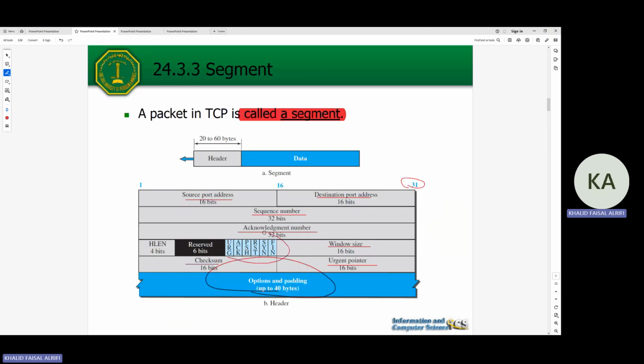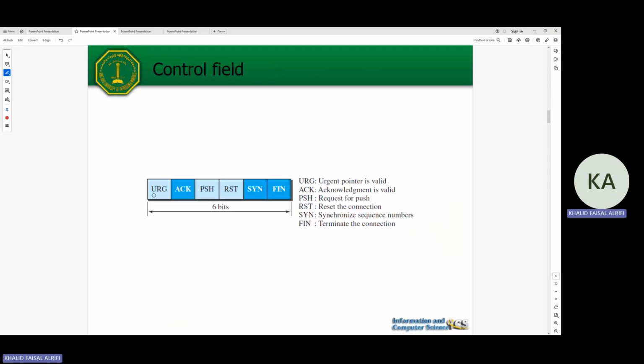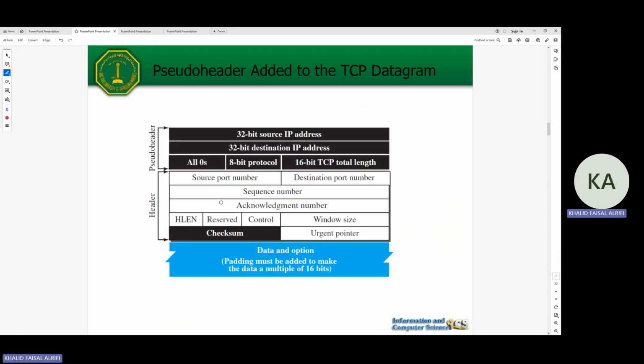Here it explains more about the flags: URG, urgent pointer is valid; ACK, acknowledgement; PSH, request for push; RST, reset the connection; SYN, synchronize sequence numbers; and FIN, terminate the connection. So it's 6 bits. Here we have a header, and a pseudo header is added because the checksum is mandatory in TCP, unlike UDP where it's optional. All the rest are the same: source, destination, sequence number, acknowledgement, reserved, control, window, and